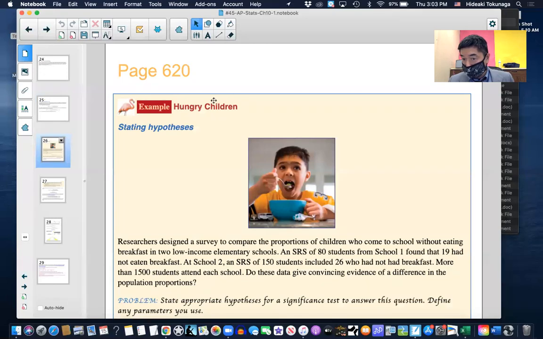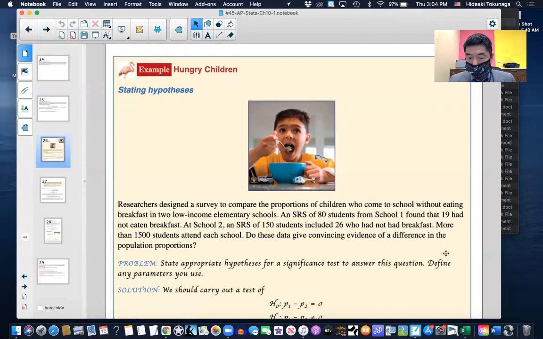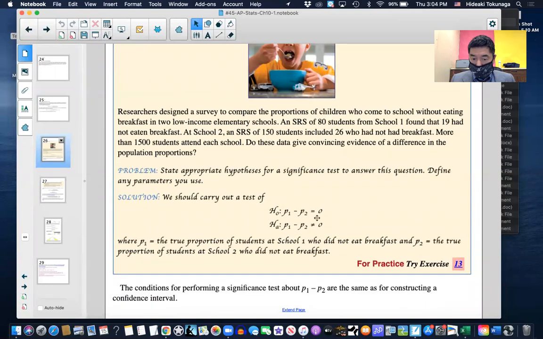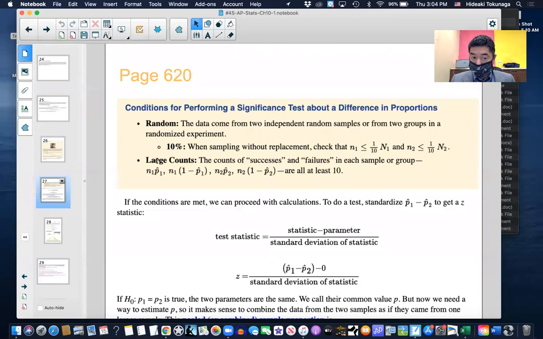The example was hungry children. In school one, an SRS of 80 students, there are 19 students who didn't have breakfast. In school two, out of 150 students, there are 26 students who didn't have breakfast. So we compare. This is the hypothesis statement, and we've checked through these conditions: